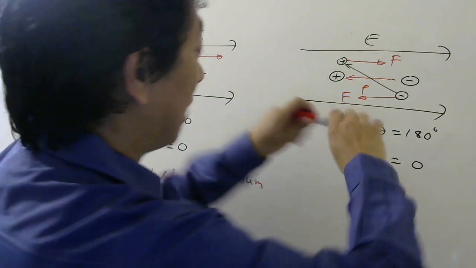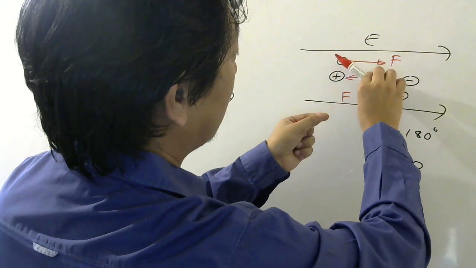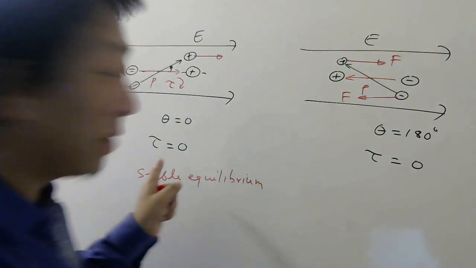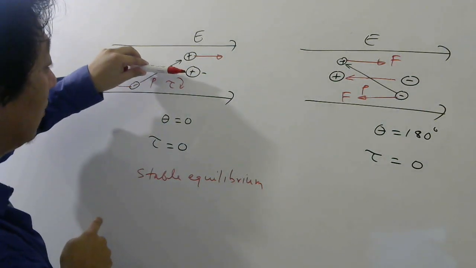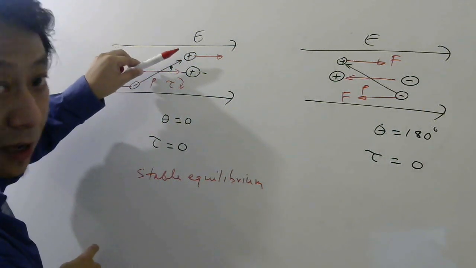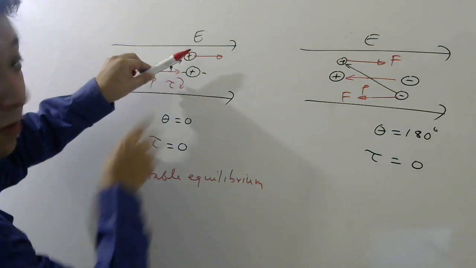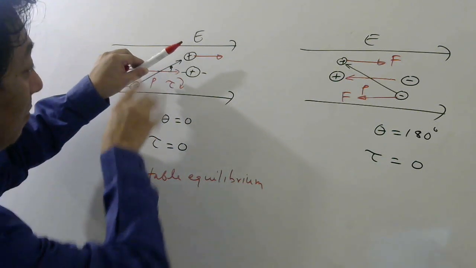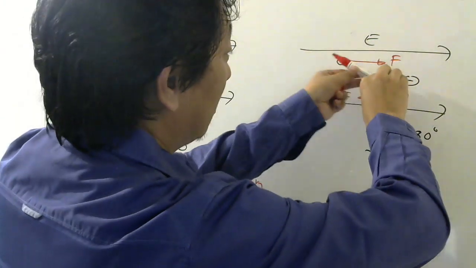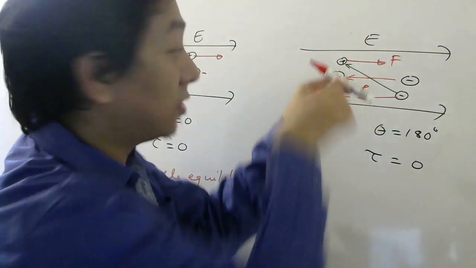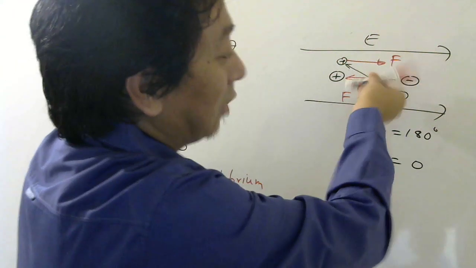Understanding or not? Initially the dipole was here, minus here, plus here. When I gave it a displacement like this, if it comes back, then we call it stable equilibrium. Here the dipole was this way, minus to plus. When I give it a little angular displacement, because of these forces it feels a torque, a couple we call it, and because of that torque it comes back. But here, if you displace it slightly like this, plus will always feel a force in the direction of the electric field, remember. So this whole thing will turn further like this. It will not come back.